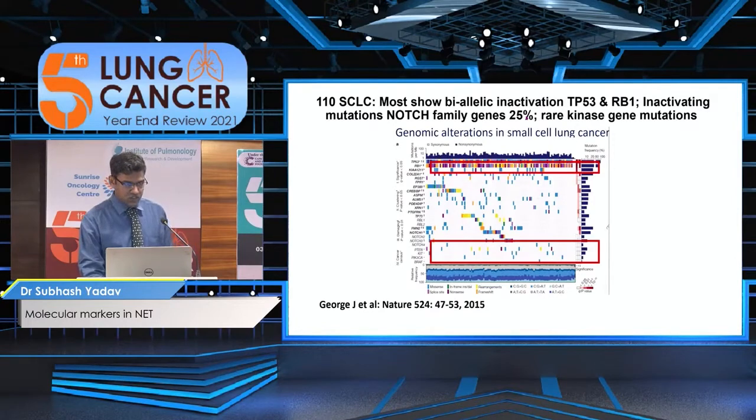So coming to small cell again, as I said, all carcinomas have inactivation of RB1, or there is a biallelic inactivation of P53. This is uniform across the board. Small cell additionally has Notch family gene abnormalities in at least 25%. Those which may overlap with adenocarcinoma-like morphology, or may harbor, say, KRAS or other kinase gene mutations, are also reported, but this is a very small proportion. More than 70% will have